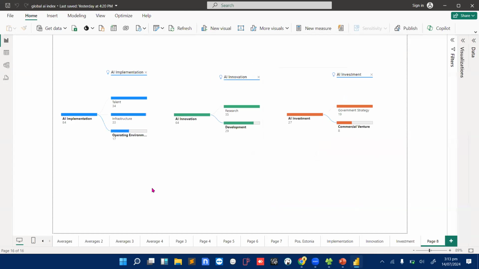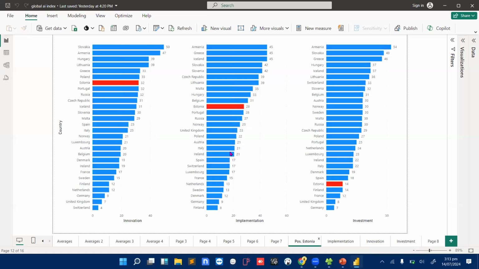Okay, now look at this one. All I'm trying to do over here is look at the performance of a single country as against the rest of the countries. So this is this country here, you see the position, when it comes to AI innovation, this is their position. So it means we have all of these countries performing better than this country. Now, this is normalized data, so the lower the number, the better the performance of the country. So we see all of these countries performing better than this, and this country is just performing better than about 6 countries. Now, when it comes to AI implementation, they are somewhere at the center.